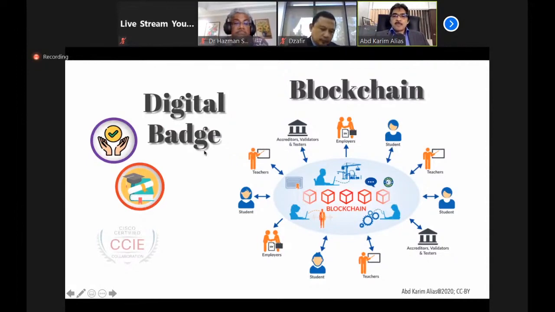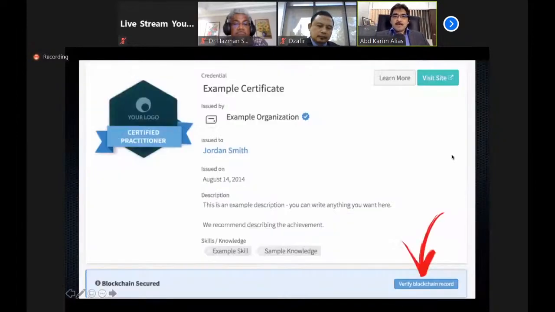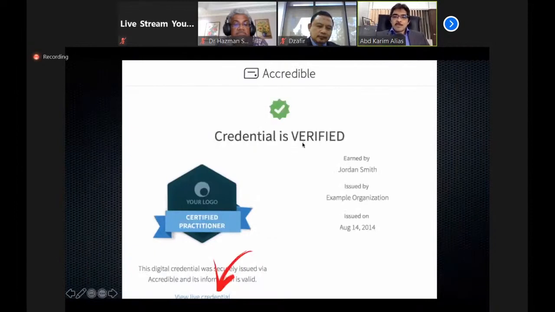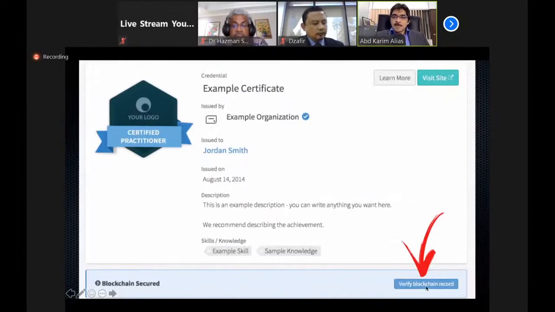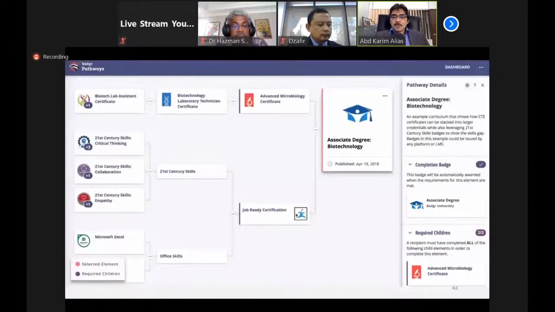So you just click, and it will go to the blockchain, and then it will say verified. For example, credential is verified, and you can see here verify blockchain record. Then credential is verified, and down there, view live credential. If the prospective employer, in this case, is interested to learn more, you can click view live credential, and it will show all this.